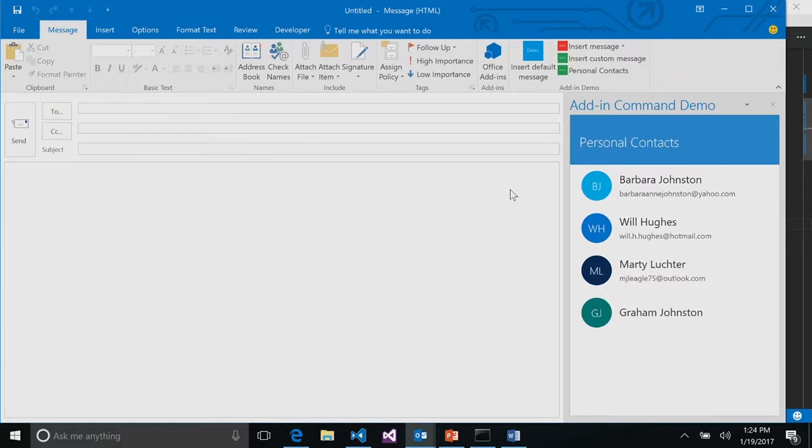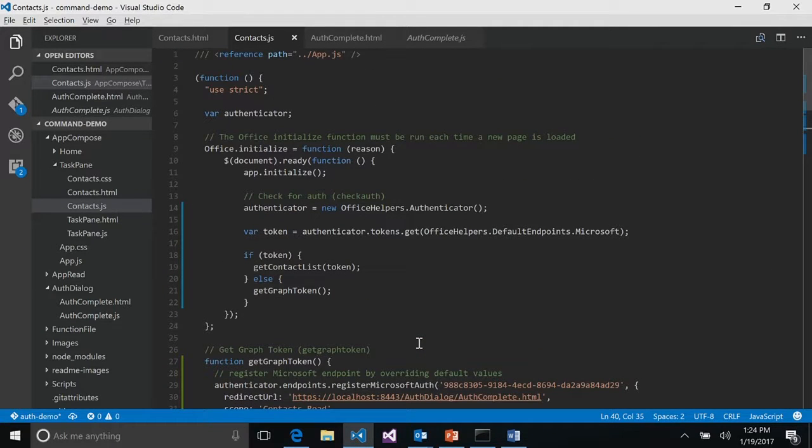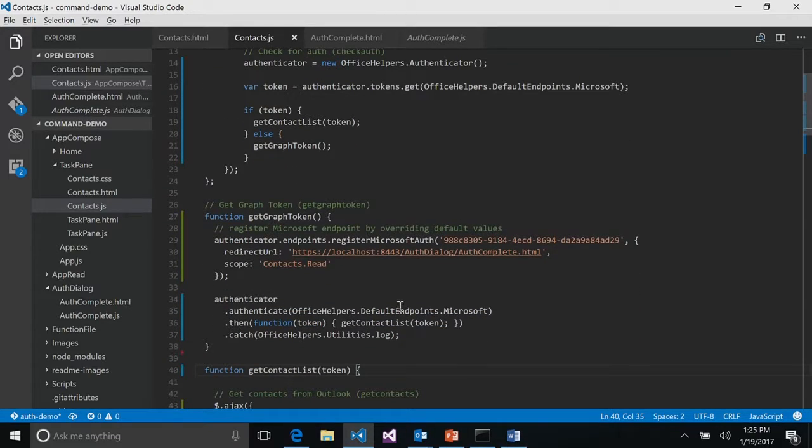Okay? So just to recap, what did we change? Right? So these few little lines to check for a token and make a decision based on if we have one. And then these few lines just to handle the authentication, right?